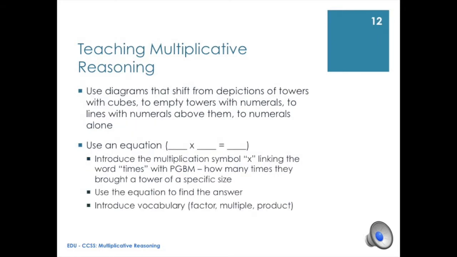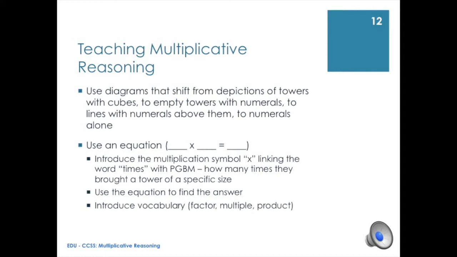When students first start using diagrams that are meant to depict the towers that they pretended to create, they almost always will draw diagrams with each cube represented in each tower. One of the things that we have found to be important is to encourage students, once they're able, and once you think they're comfortable, they could do that all day and have no problem, then encourage them to draw towers that don't have all of the cubes represented in the tower physically,